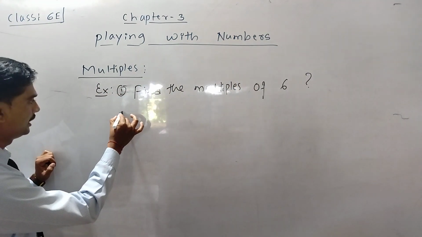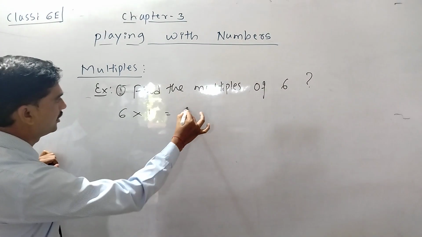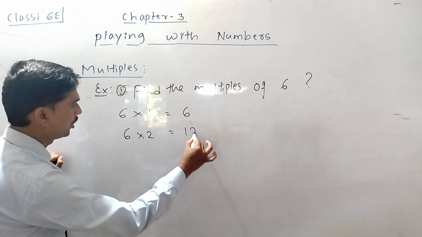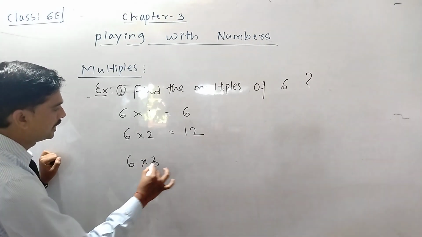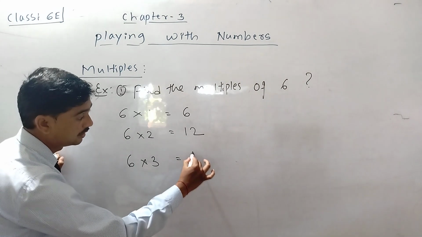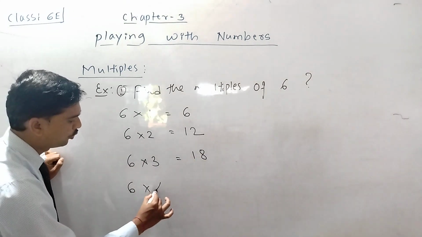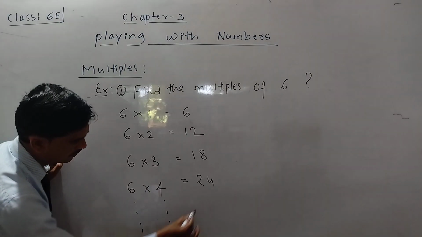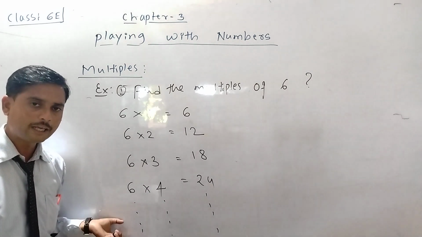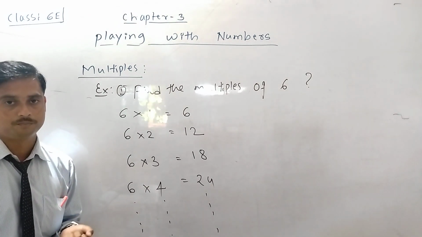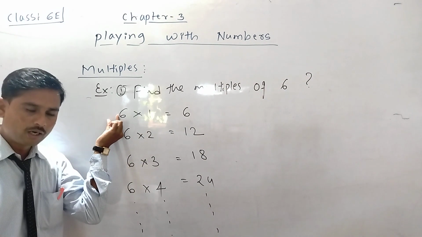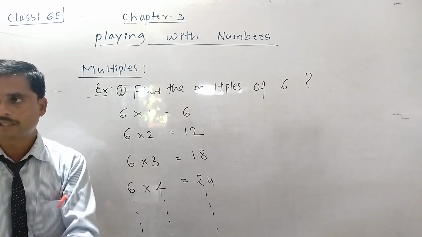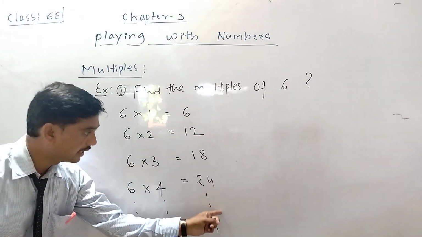Then how to find? How to write it? 6 into 1 is equal to 6. Then 6 into 2 is equal to 12. 6 into 3 is equal to 18. 6 into 4 is equal to 24. Sir, it is uncountable, sir. Okay, you should multiply the given number with 1, 2, 3, 4, 5, 6 and so on. That product is called